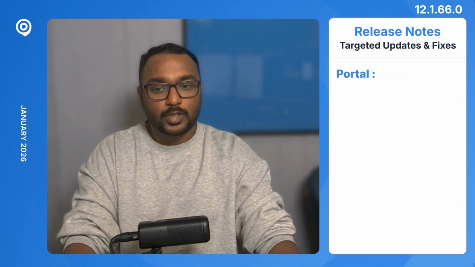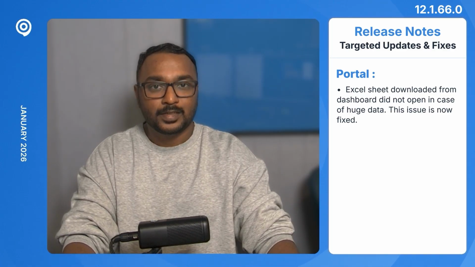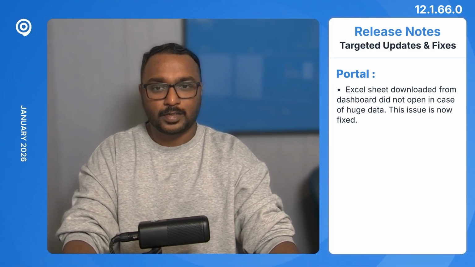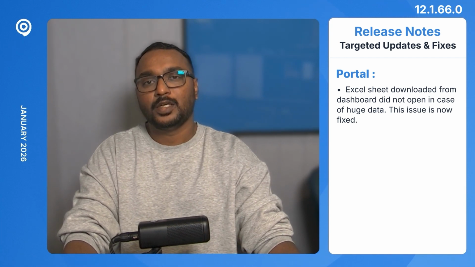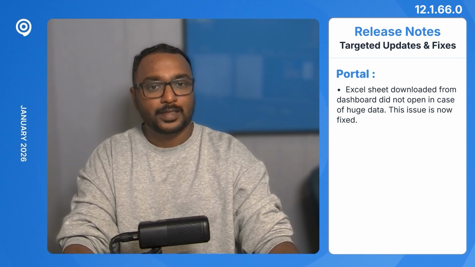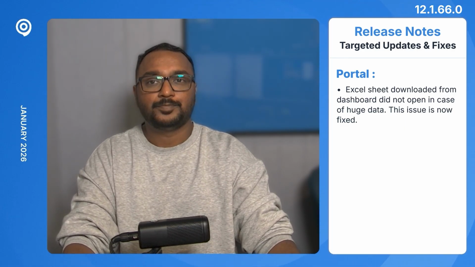When it comes to portal, when you go to dashboard and try to download the Excel sheet for user consumed, non-consumed data or any other data, in that case, when it has a huge amount of data, you download the Excel sheet, but you are not able to open it in the Excel application. So now that issue has been fixed. And the next one is